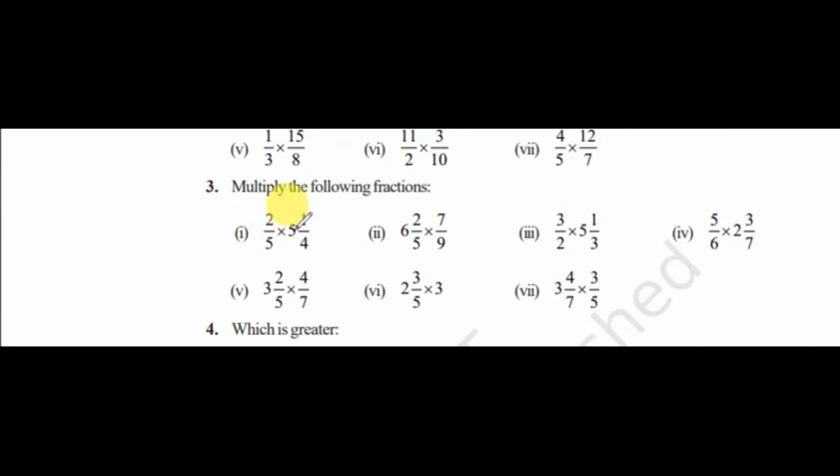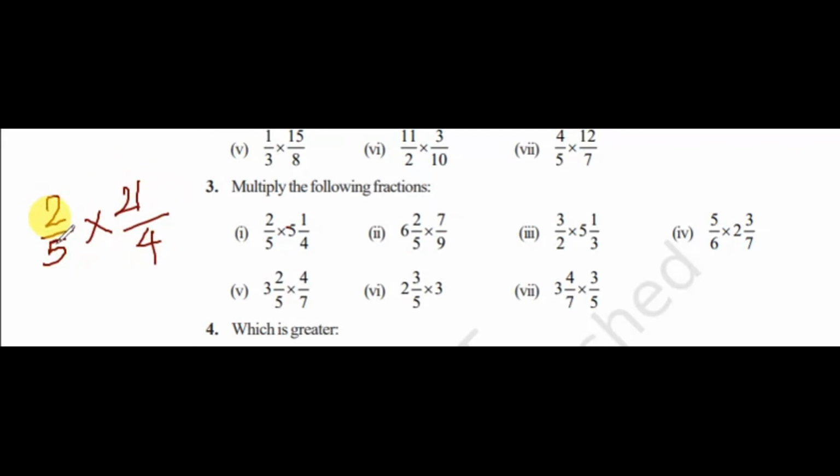Okay students, it's very simple, like the previous question 2 you have solved; this is only for practice purposes. So 2 by 5 into 5 1 by 4. First we have to convert this mixed fraction to an improper fraction. How to do it, students, I have told you earlier also. 5 4s are 20, 20 plus 1 is 21. So you will get 21 by 4. So 2 by 5 multiplied by 21 by 4.